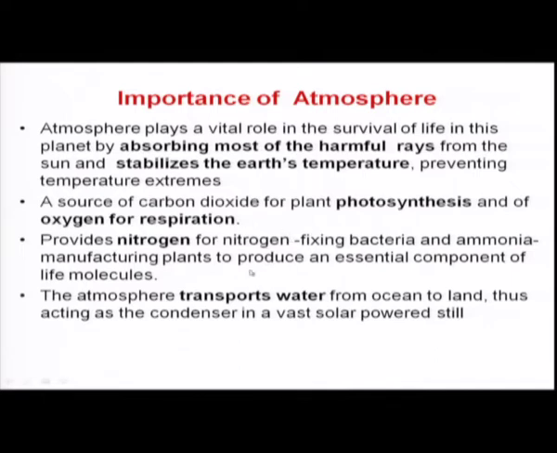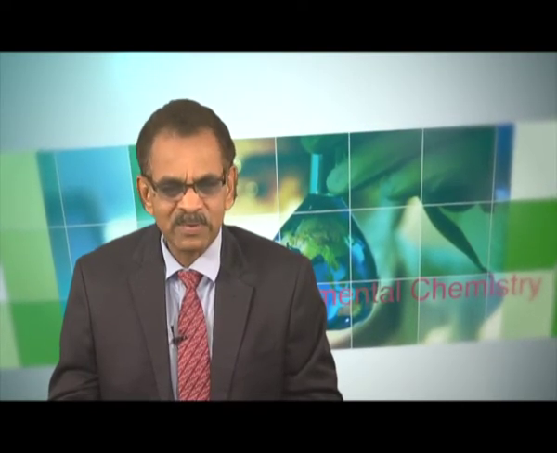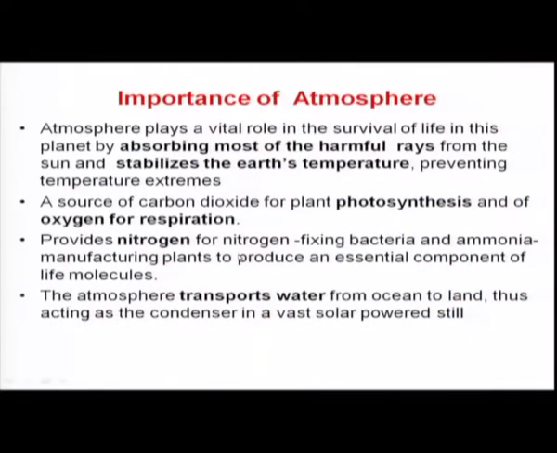Apart from this, the atmosphere also transports water. Water cycling happens through the atmosphere, from ocean to land, thus acting as a condenser and a vast solar powered still. That is, whatever water vapor evaporates is ultimately condensed and comes down as rain. So, rain or water cycling, nitrogen fixing as well as nitrogen availability for various purposes come